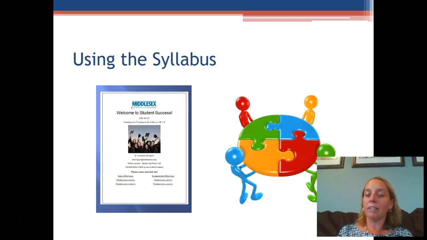Now, one great way to use the syllabus: a lot of folks go over the syllabus. That really can make for a very dry, boring start to the semester. It's usually information overload. Students can't take it all in anyway. So I have in recent years started using the jigsaw classroom approach. Basically, what that means is you start in one group, and you might have a group of, let's say, 4 students. Then each of those students is going to be assigned a different area of the syllabus